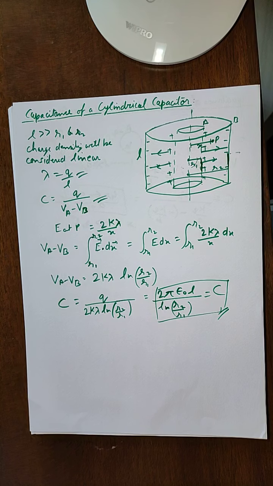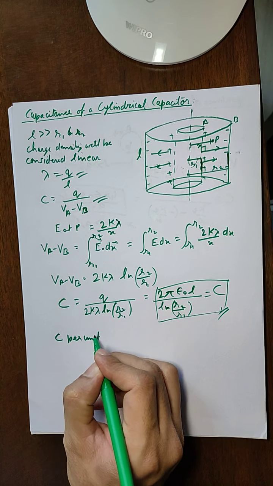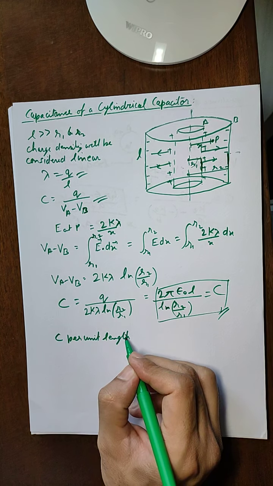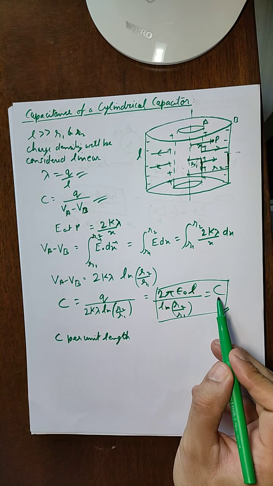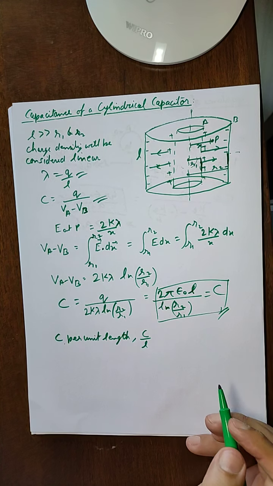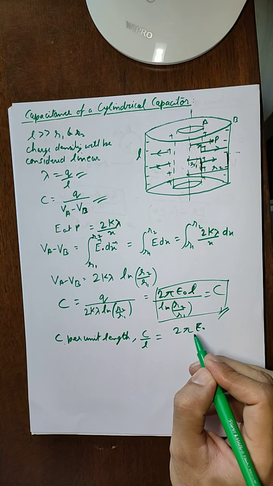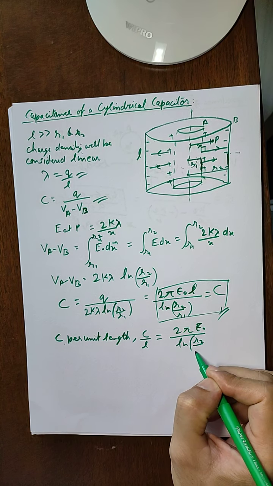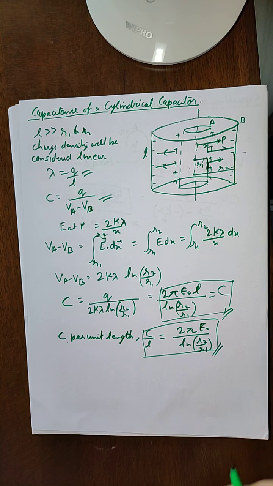Now in most of the numericals that come in competition exams, we are required to find the capacitance per unit length of the capacitor. It is a very frequently asked question. If we bring this L into the denominator of C, we get the capacitance per unit length. So the capacitance per unit length, C by L, can be given as 2 pi epsilon naught upon ln R2 upon R1. This is a very important formula that we are going to use in many cases in the numericals as well as in concept videos.